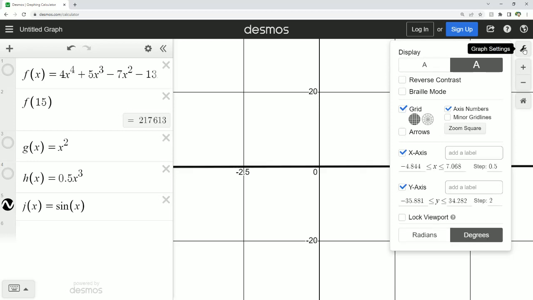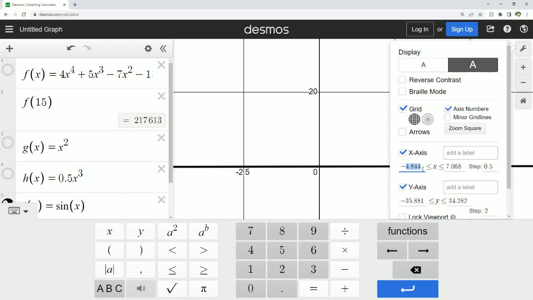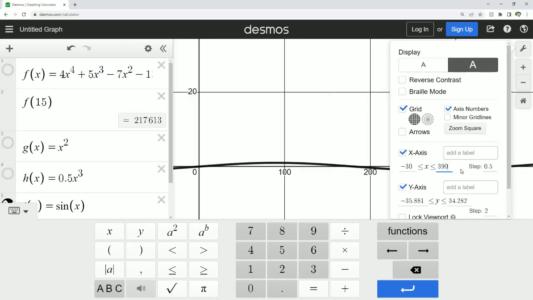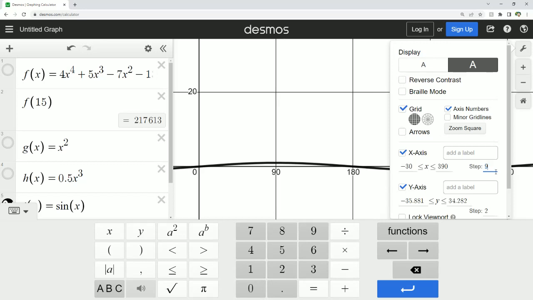And then, for instance, I know sine does its thing kind of between 0 and 360 degrees. So I'm just going to go down to, I'll go from -30 to +390. I know that's a weird choice, but it's basically a little bit below the 0 and a little bit above the 360, just so I can kind of see where the pattern continues. And in this case, maybe I want to go up by, see, if I do 90-degree intervals, it's not quite as much detail as I want. So maybe I'm going to go up by, let's say, 30-degree intervals,